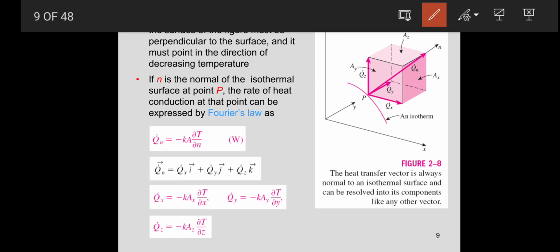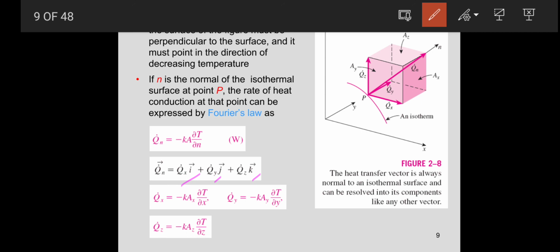this heat transfer into the three different directions, that means q dot x, q dot y and q dot z, and we will multiply this with the unit vector in a particular direction, say i vector in x direction, j vector in y direction and k vector in z direction. So by using this, if you find out the heat transfer rate separately in x direction, q dot x is equal to minus k Ax dT by dx, where Ax is the cross sectional area perpendicular to the x direction. Okay, and dT by dx means temperature changing in the x direction.